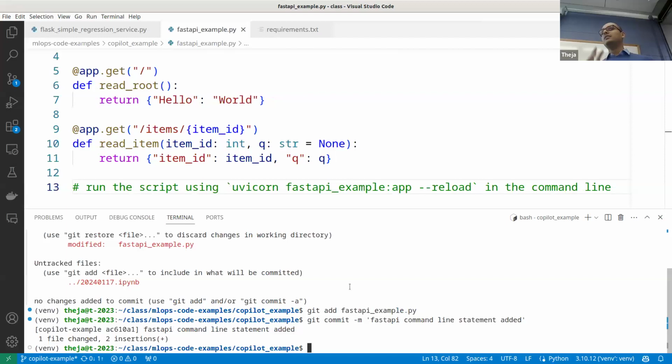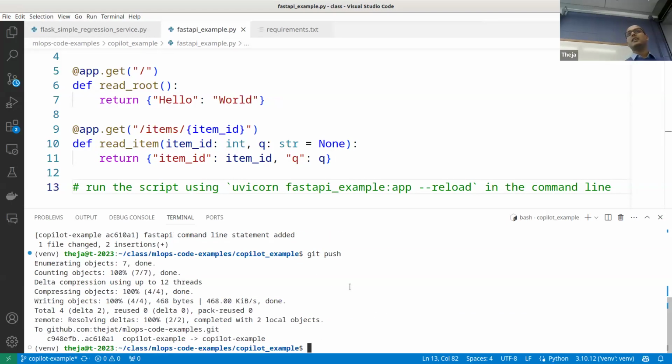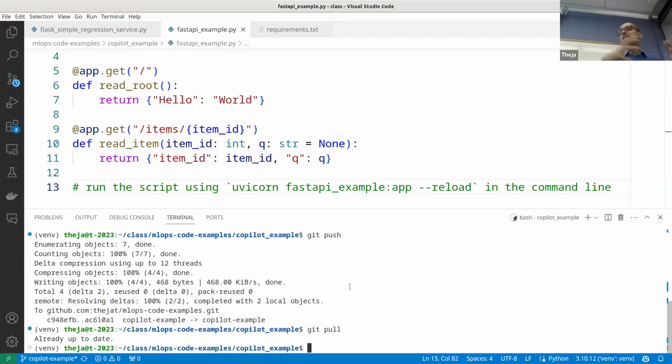So what I want to do now is, we have a local commit and you can actually push it. Let's push it to GitHub. That's just a simple git push. We did this last time, so I'm just repeating what we did last time. So we saw the commit command, we saw the push command, and obviously if you do git pull, nothing is going to change because our sequence of snapshots is the latest